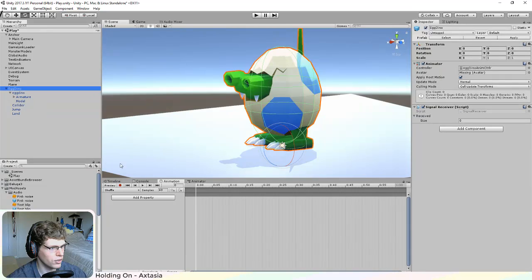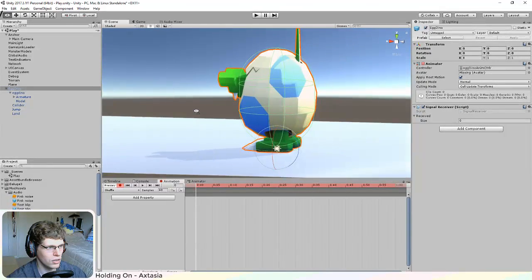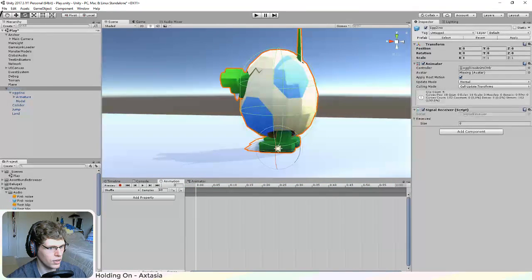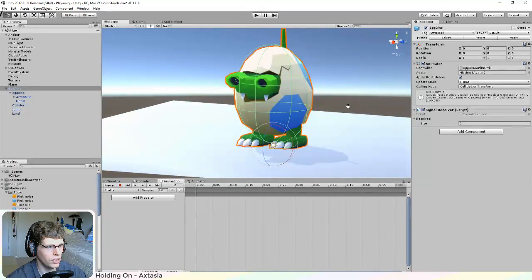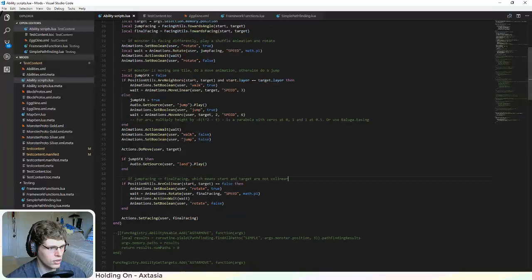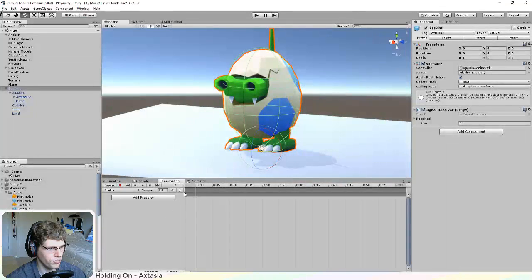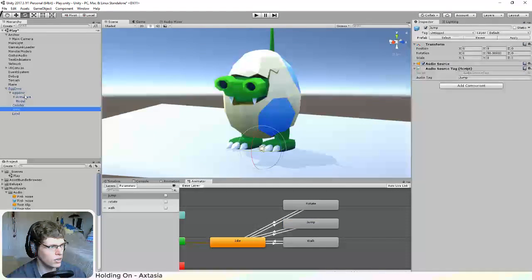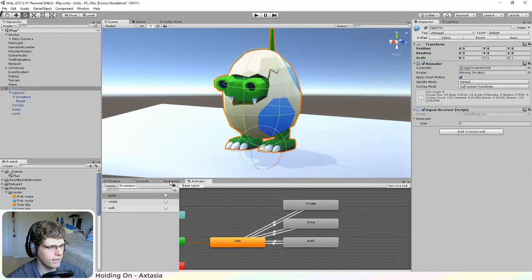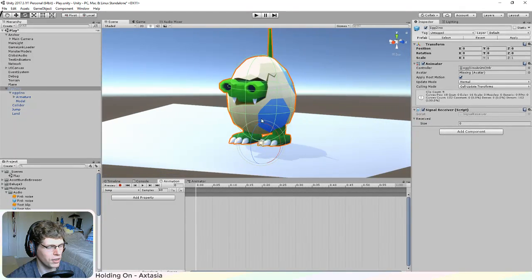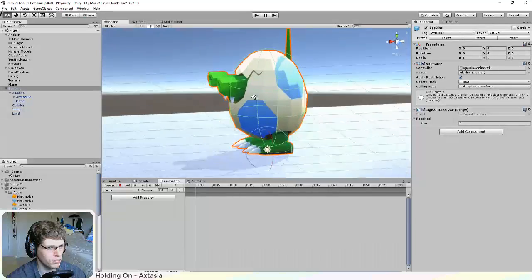Alright, so we want to turn on recording. Well, in fact, let's do the jump first, and then we can see how it looks using the jump animation as a temporary rotate animation. So what I need to do is this place. Oh, it's already there. Okay. Oh yeah, because I have that. Oh no, nothing's there right now. I was going to say I thought I had that dummy animation there, but